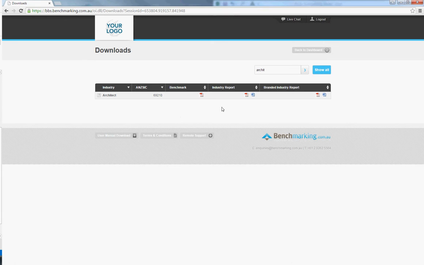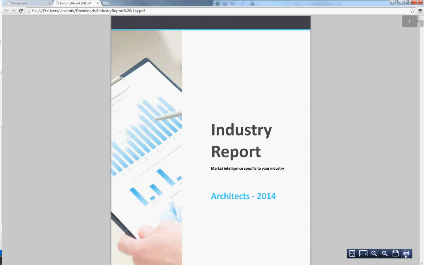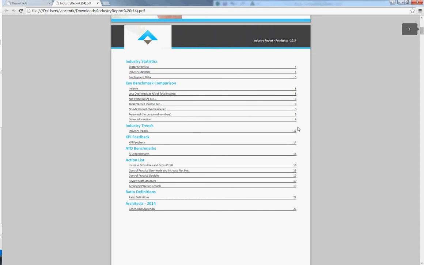We will now download the PDF version of the industry report. Click the hyperlink and the file will come down to your browser. Once you've opened it up, you'll be able to save it down to your computer or print off a copy. The industry report opens up with the title page, and then we have the table of contents,